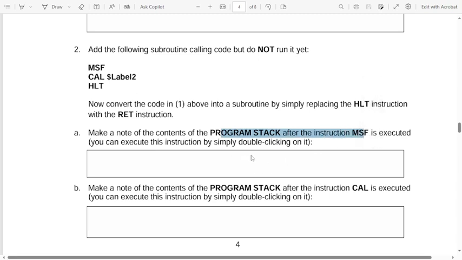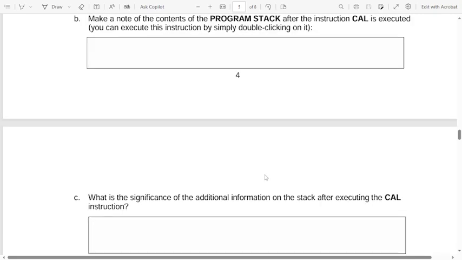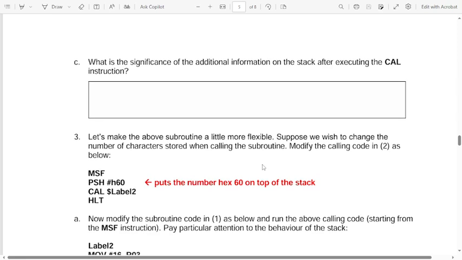So you will see the value, the top and the bottom of the stack with -1 and 0, but after the call you will see the return value is recorded in the program stack. Okay, so it's just the significant additional improvement in the stack after executing the call instruction. So that's what happened. You will see the return, then after return it will stop.